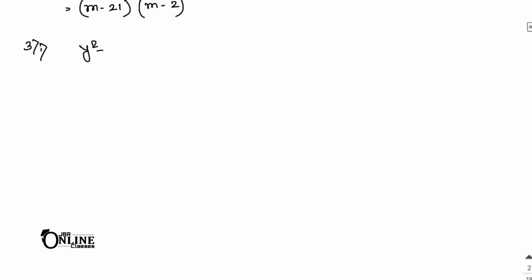So here y square minus 5y minus 24. So that means here factorize 24. So again it's 12, then again 6, now 2, 3. Now you have to make 5. So here 3 into 2, 6. Okay, so do one thing here, 2 into 2 it's 4 and then again 2 into 2, so 4 into 2 it's 8. 8 minus 3.